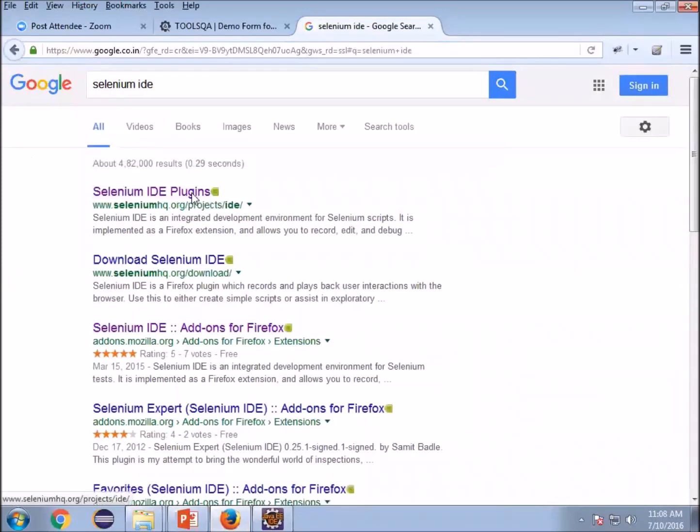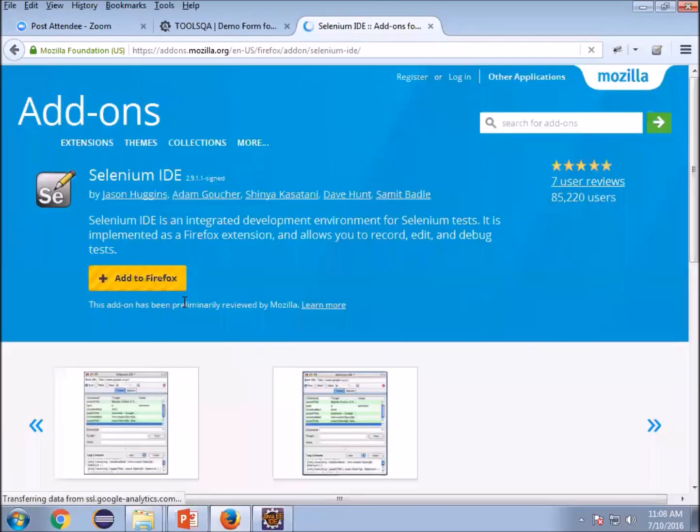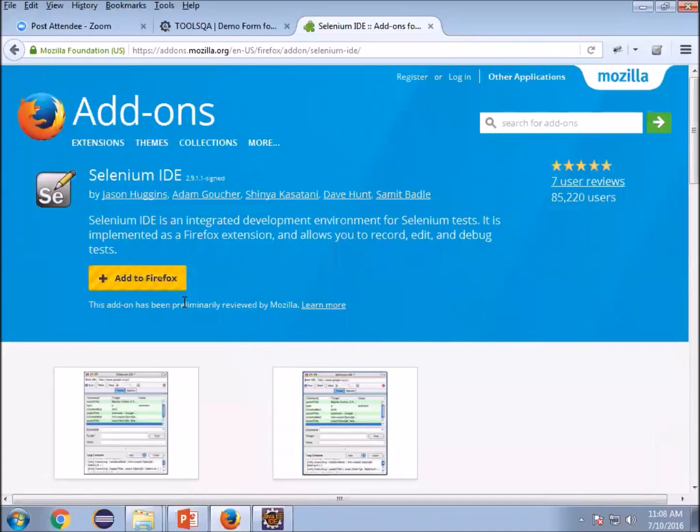You will get the option Selenium IDE add-ons for Firefox. If you go and install it, just click on Add to Firefox. You will get this icon on the right side of your browser window.